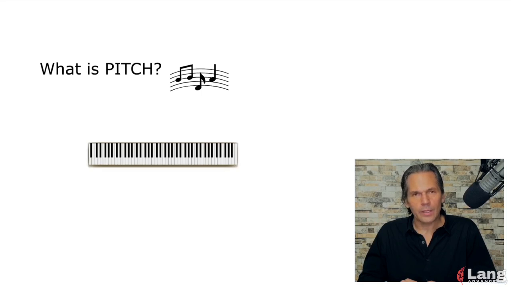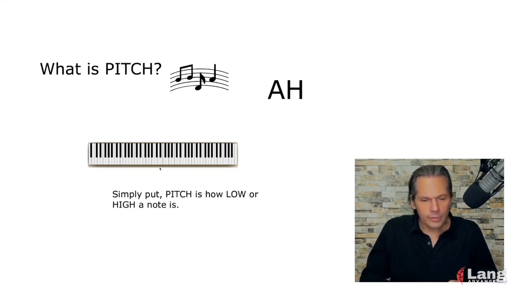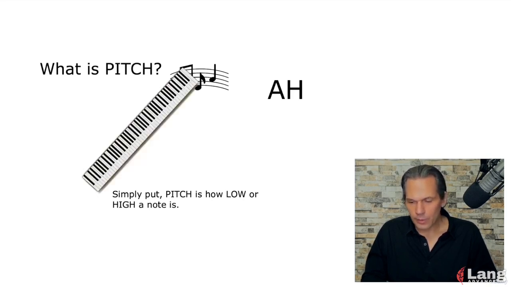Now, let's use one of our vowels to explore pitch. Let's use the vowel ah. These are the low notes, if you can see with my cursor down here, and these are the high notes up here. Now, we're not really going to use this large of a range, but let's use this keyboard image so that we're thinking of moving our pitch around. We're going to go from low to high. So let's move our keyboard so it moves from low to high.